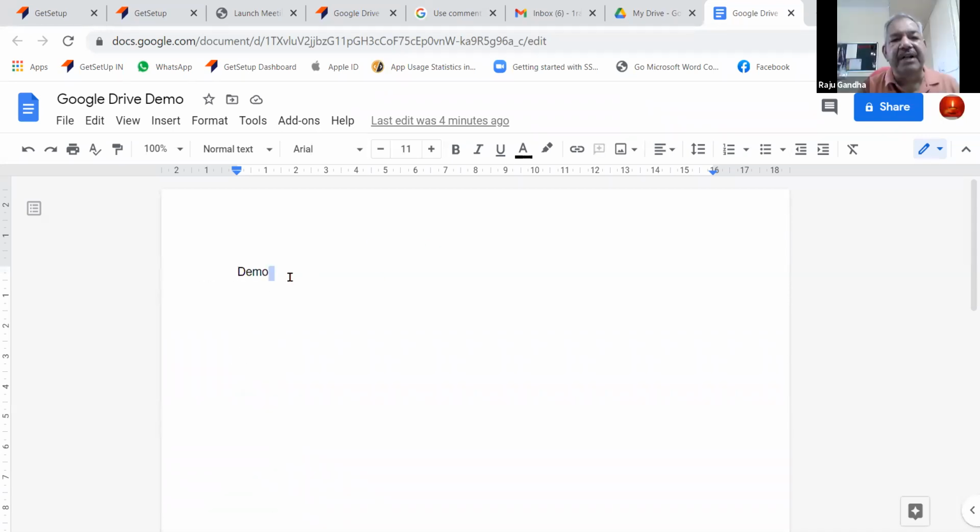Now, that was about creating the file and moving it to a particular location itself. The other thing that I wanted to show you is this cloud-like thing that is there. Each time that you start working on the document itself, it will start saving the file. So now just watch this cloud-like thing while I am